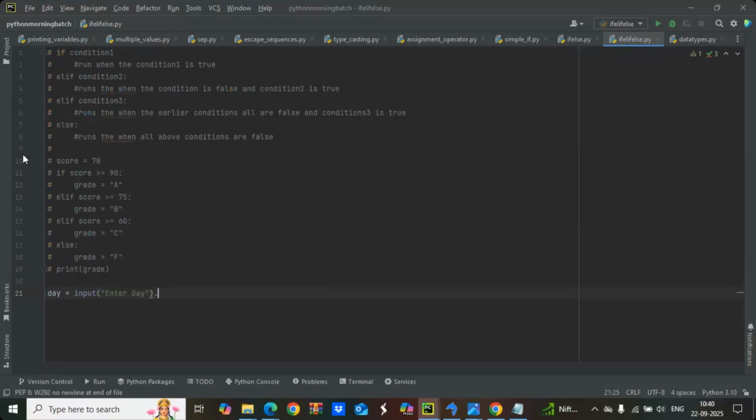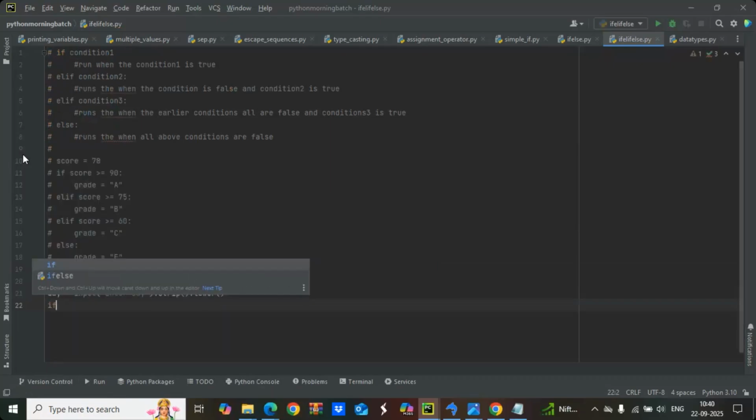Okay, we can use strip dot lower. Then we can check if